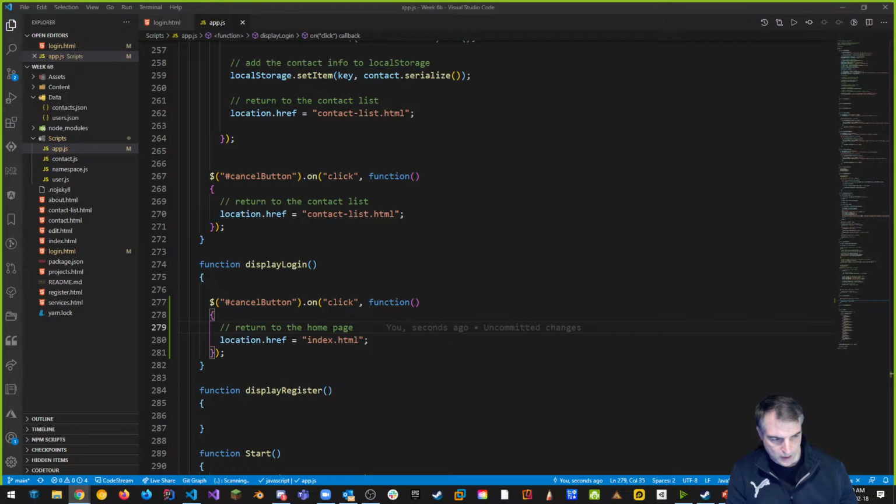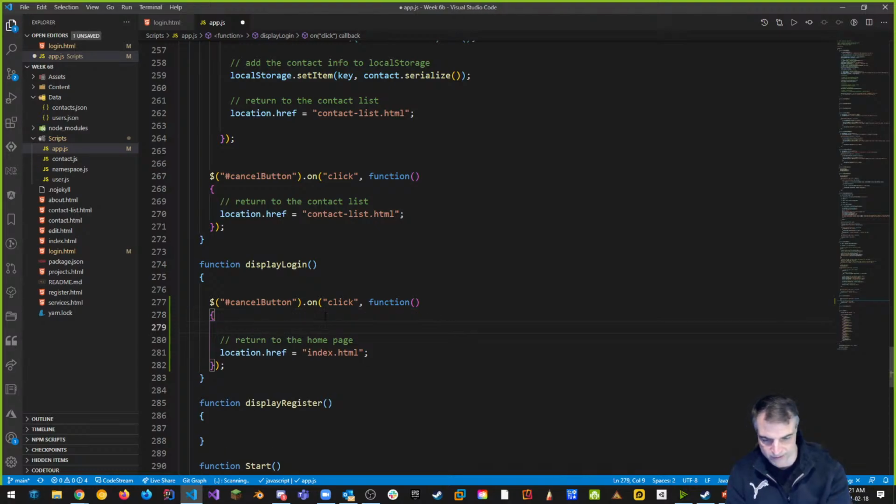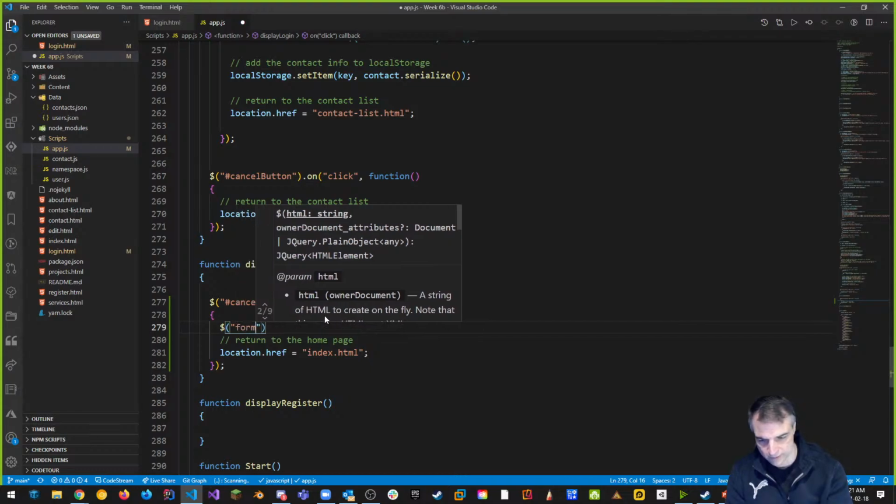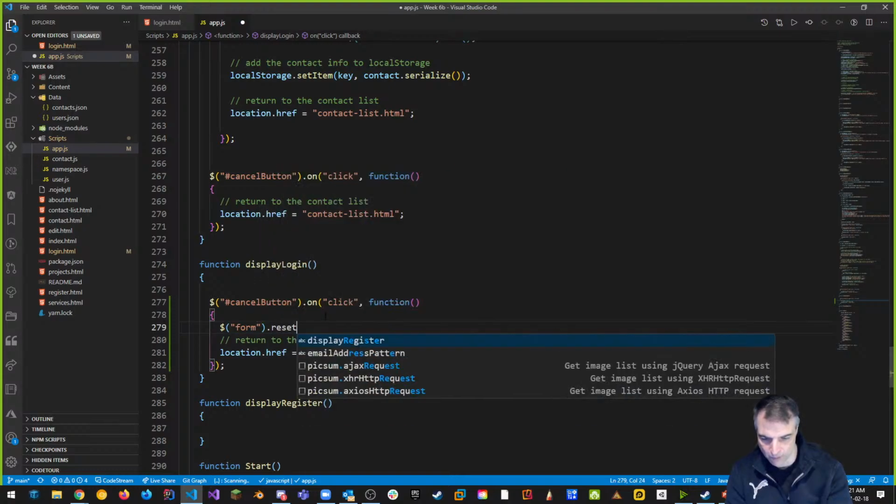Okay, that's what I want to kind of do. And we have to get access to the form itself in order for me to reset. So the way that looks is, first I want to reset the form. I want to get access to the form, and I can use jQuery here to get access to the form to reset. So if I say something like, hey, jQuery, I want to get access to, remember, I can use the same syntax as CSS. If I say form, right? So any form,